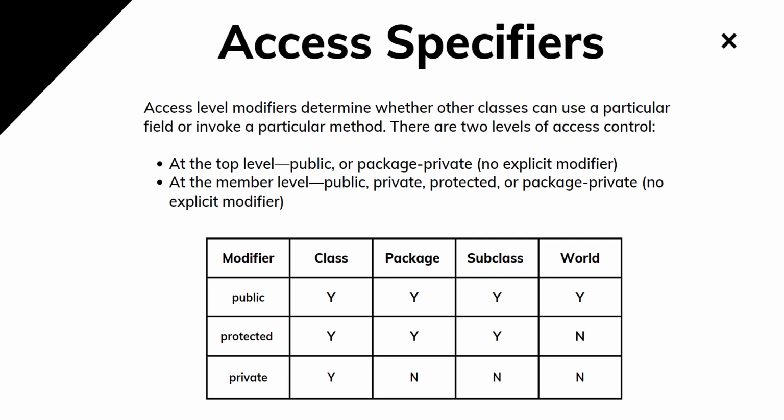In the table below, we have the modifiers along with the class, package, subclass, and the world access to these types of data. With public, you can see that there is access to everyone, at the class level and to everyone using the program. And this is not really convenient because when we're dealing with sensitive data within classes, we do not want everybody to be able to access that data. So which is why we specify